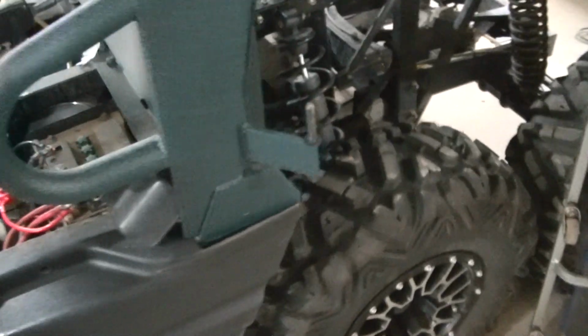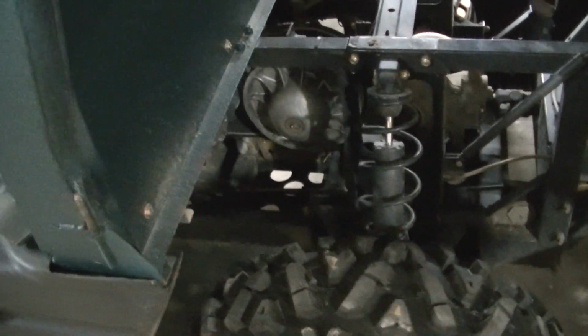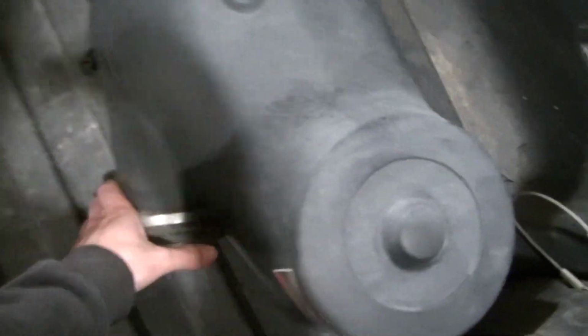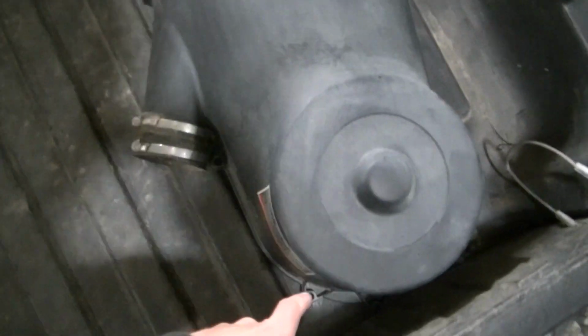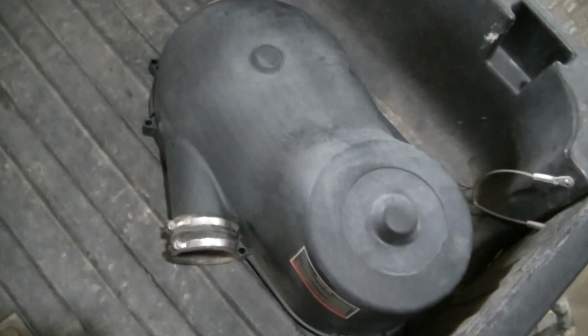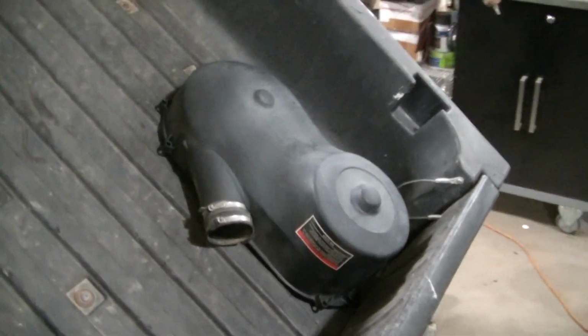So I've already started the removal of the old belt, and it just has a cover. Here's the cover, and you've got a few bolts all the way around. They're actually not bolts, they screw into plastic. I consider them more like a screw, I guess. You gotta take them all off. You gotta loosen your clamp here for, I believe that's the exhaust